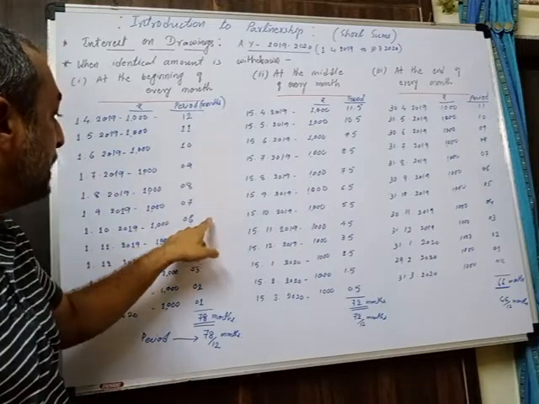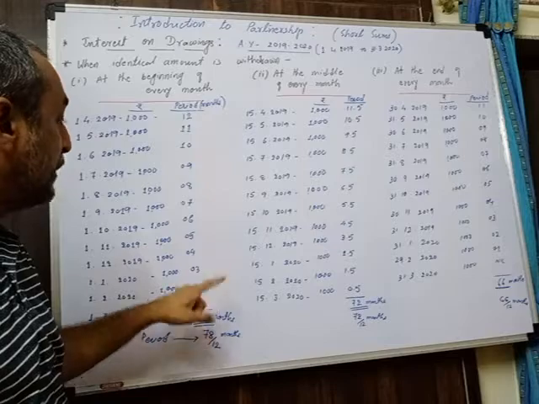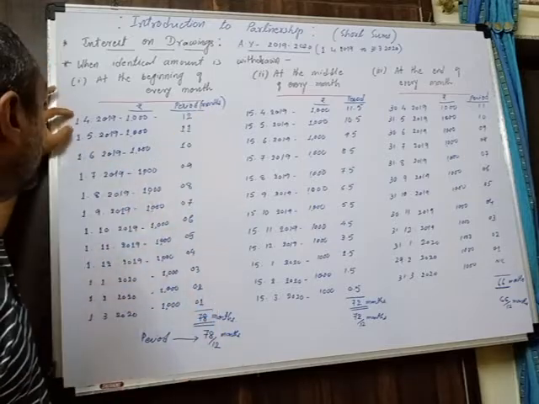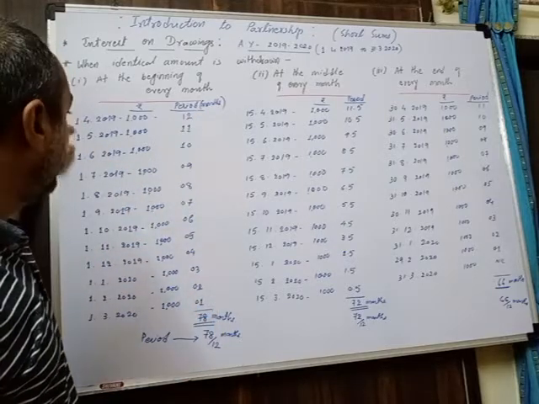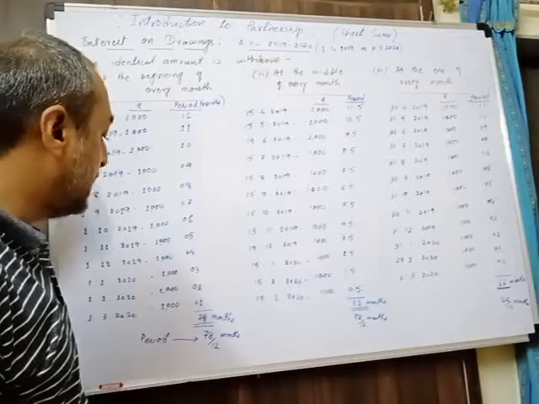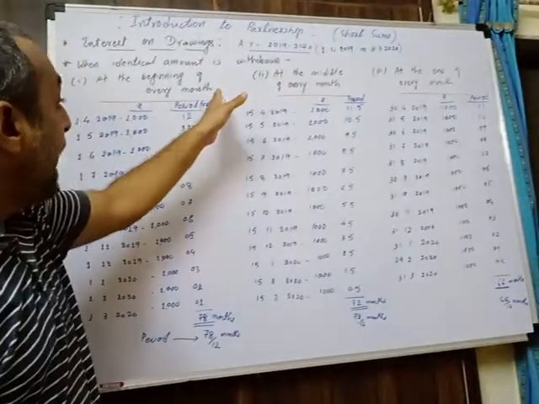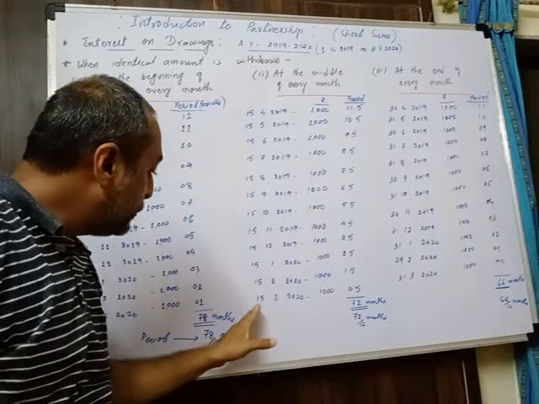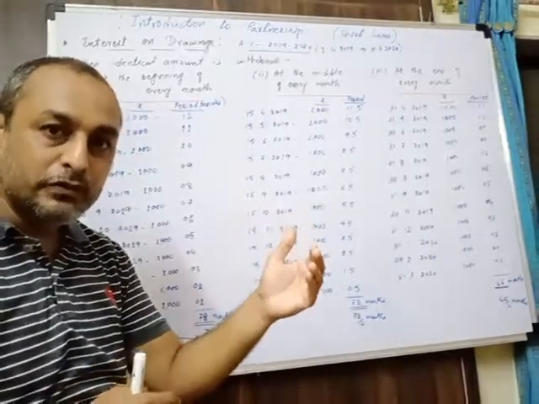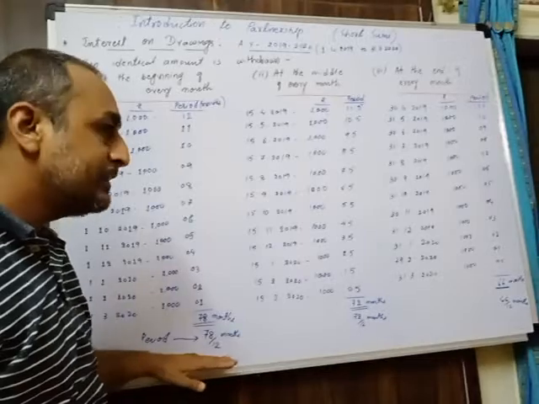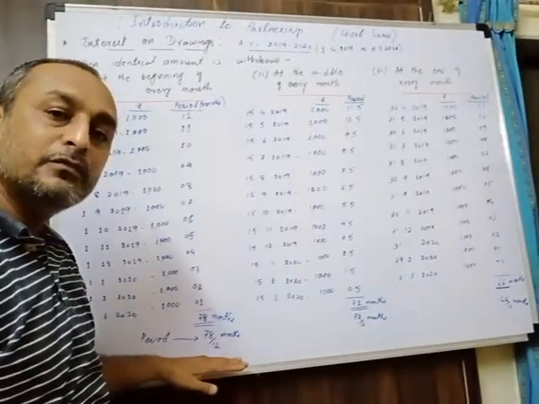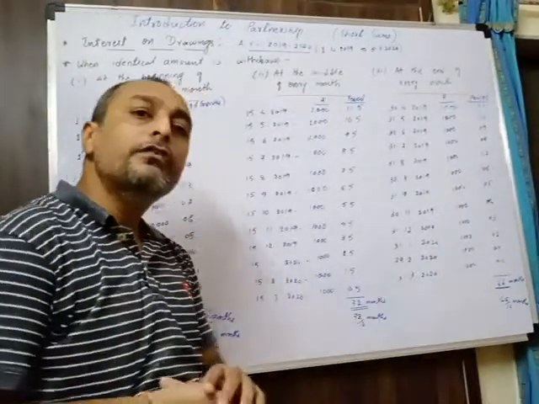For each period, this many months' interest we have to calculate. So monthly interest, like for the first month's drawing how much interest will be there, for the second month's drawing how much interest will be there, but for the whole year's drawings what will be the total interest? Every time if you calculate interest and then total up, that will be a time-consuming process. Instead of that, yearly interest can be calculated directly with the help of this period. So that period I have shown to you.